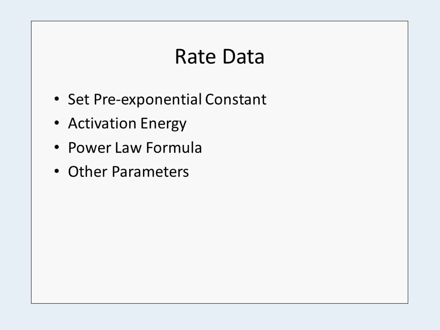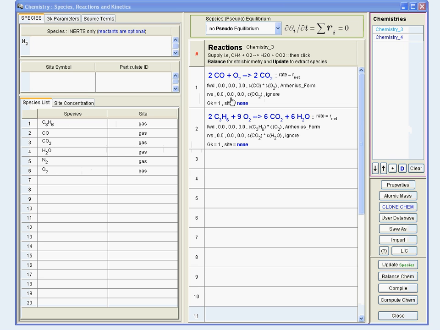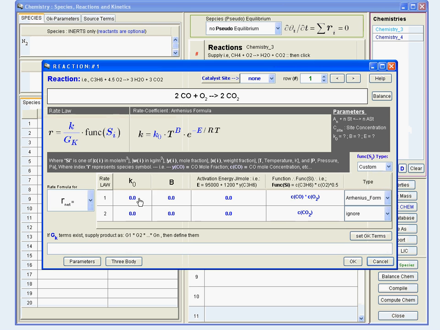In this demo, we just show how to set the rate data. Let's say we have these reactions already set up. In fact, the rate data can be entered at the same time as we type in the reactions, or we may set them after we have typed in the reactions. So when we click there, we just come and supply the values here, which correspond to these values for the